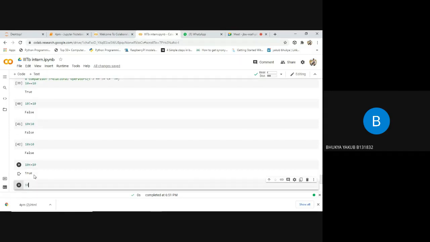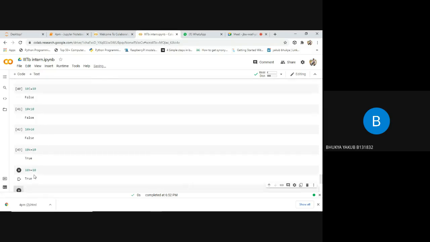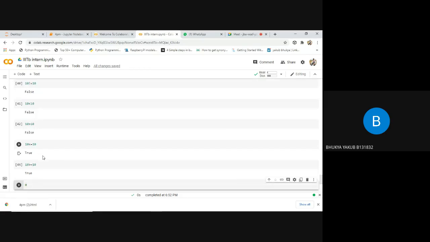Similarly, here I'll say greater than or equals to. 10 greater than or equals to 10, so here it is giving output like true. So here it is about comparison or relational operators. We'll be having four more operators. Those are logical operators.